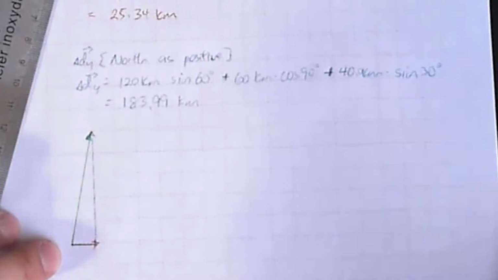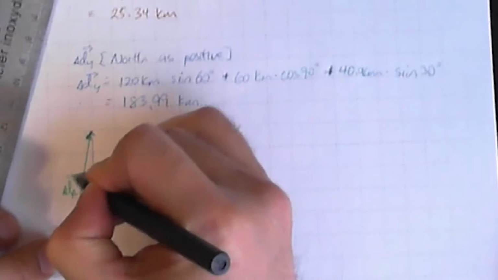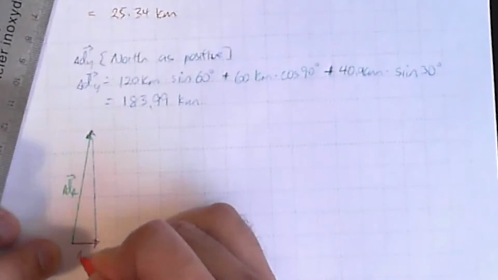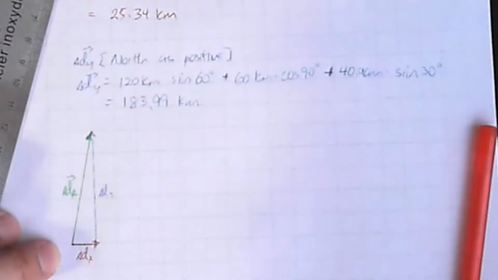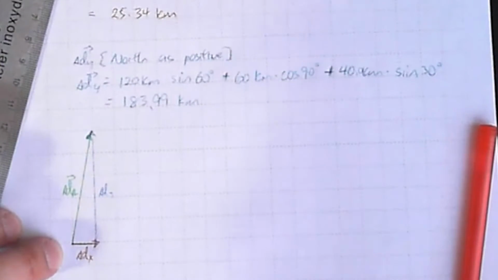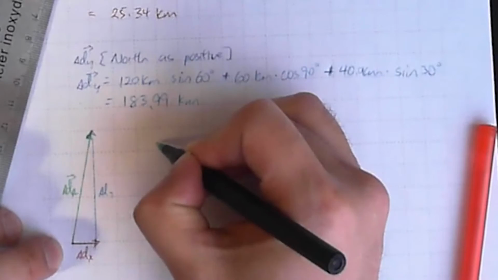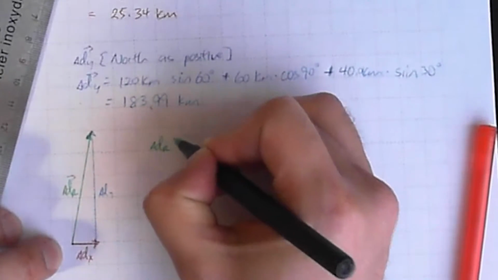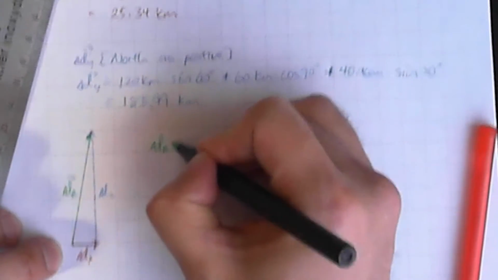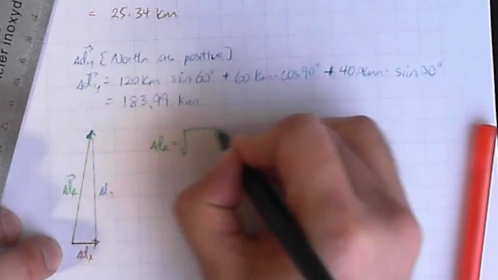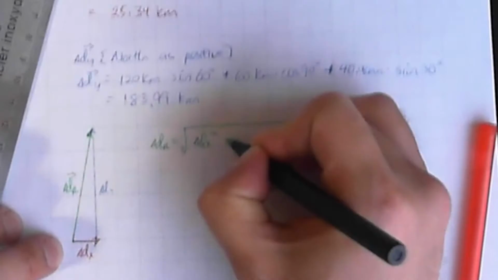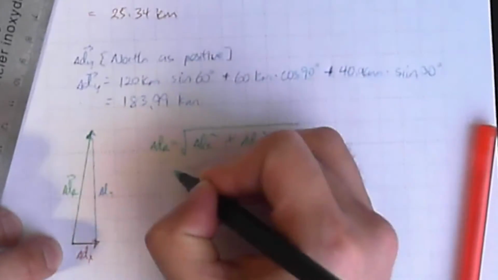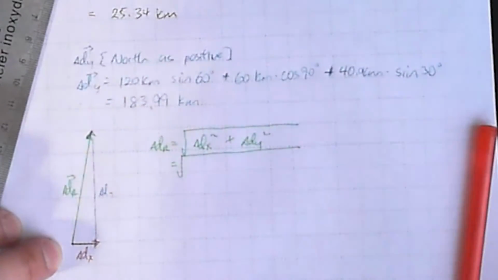So this is our delta dr over here, our subtotal for our dx, and our subtotal for our dy. The magnitude of our dr can be solved by using the good old Pythagorean theorem. So delta dr is equal to delta dx squared plus delta dy squared,